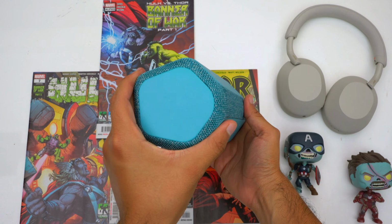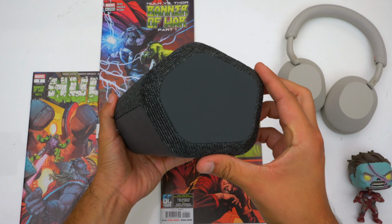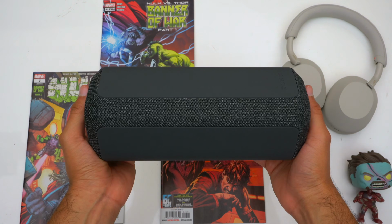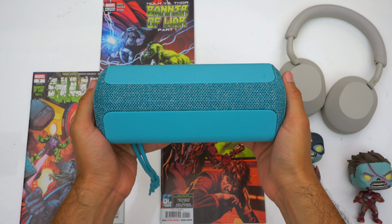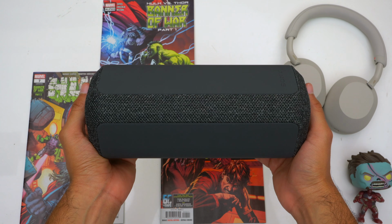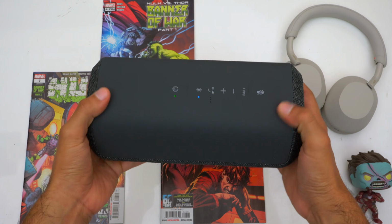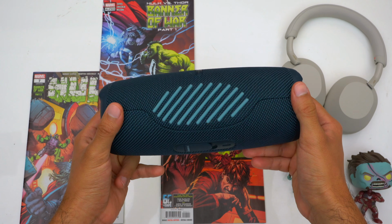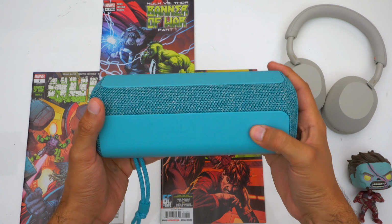Now, these things have a very different and angular design to them. Now, yes, they are smaller than the XG300, but the XE300 and XE200 are pretty big for their respective product categories. The XE300 is noticeably larger than the JBL Charge 5, and the XE200 is noticeably larger than the JBL